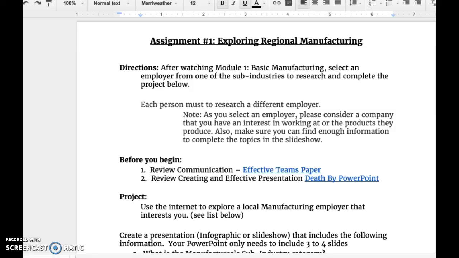Assignment 1, Exploring Regional Manufacturing. This is going to allow you to dig deep into the sub-industries and research and understand the manufacturing that is right in our own neighborhood, right in our own region of Ohio. What we're going to ask you first is to select one of the sub-industries to research to complete the project